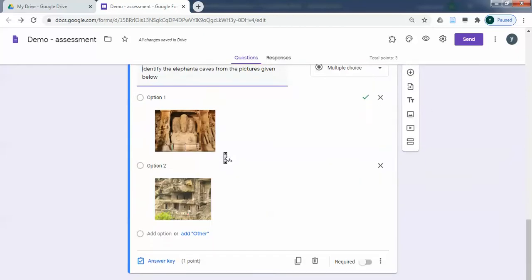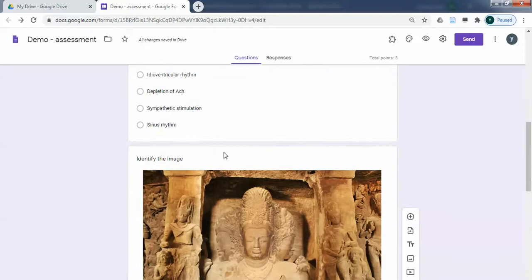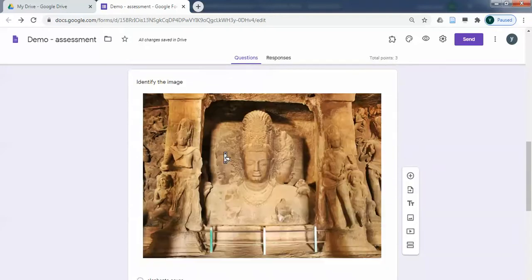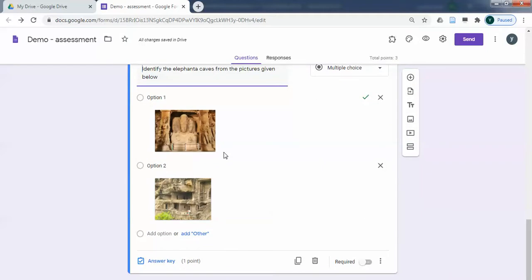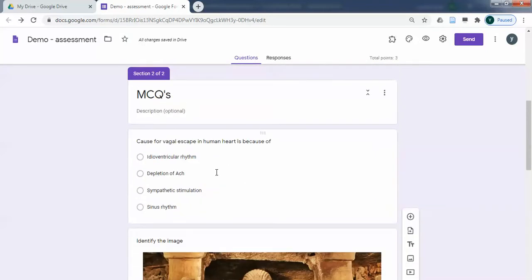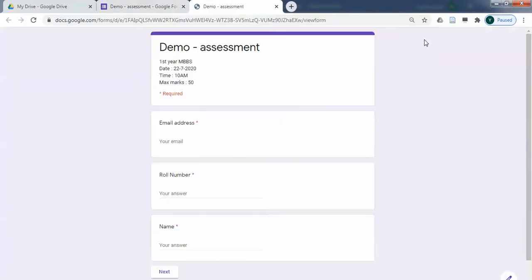Okay, now like this you can play around. You can make your forms as interesting and as picturesque as possible, not only keeping everything in alphabetical style. Okay. Once we have done this, how a student can see, this is called the preview button. When you click on this, this is how a student is going to see this form. Okay, so first he will see only this much. So the student has to enter all these things to go to the next section.